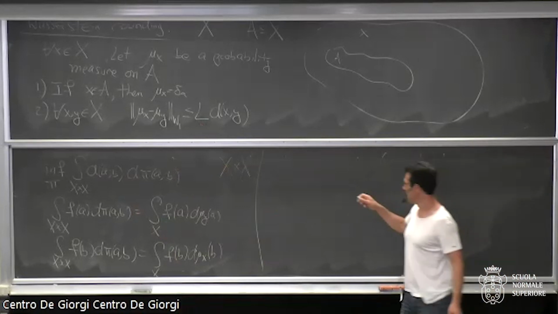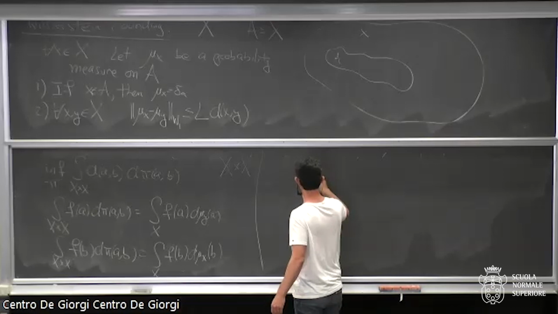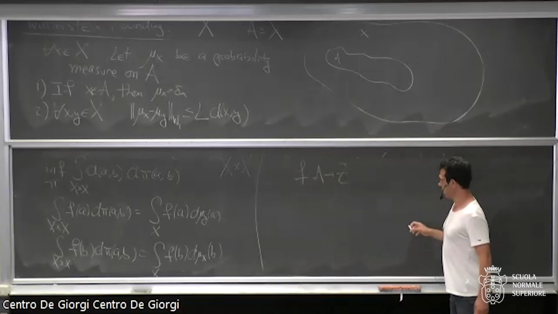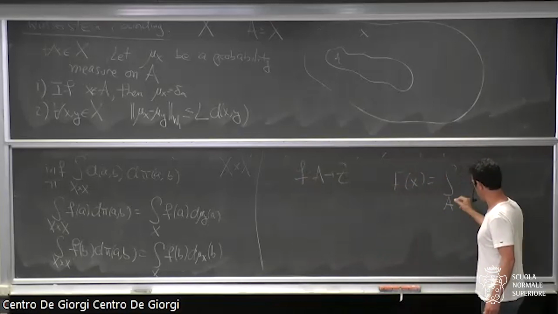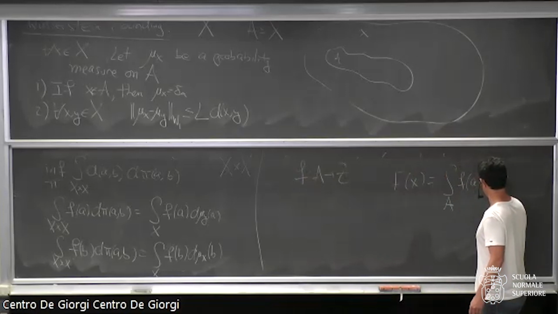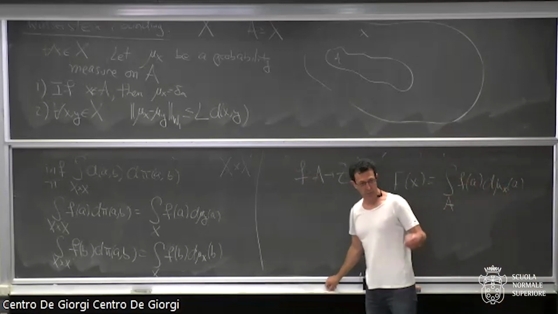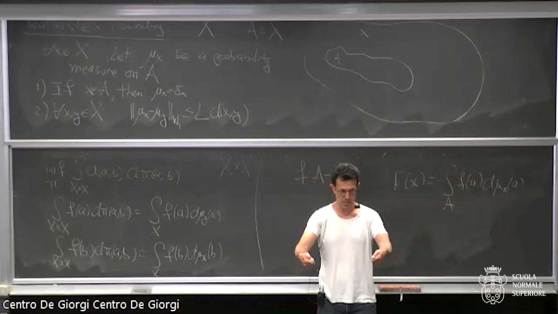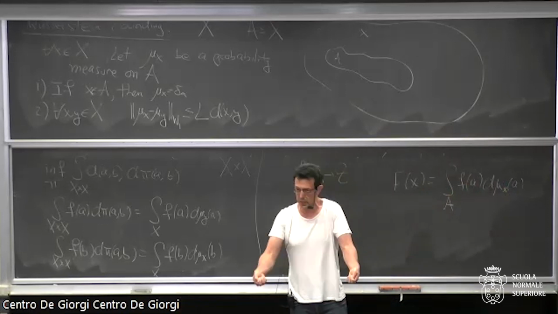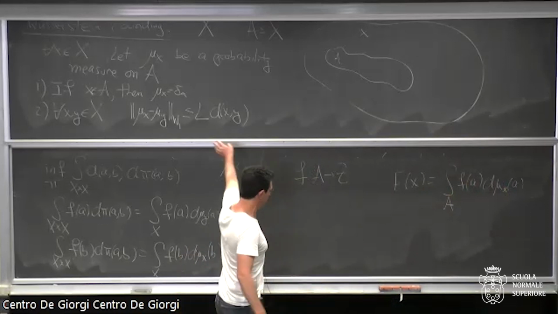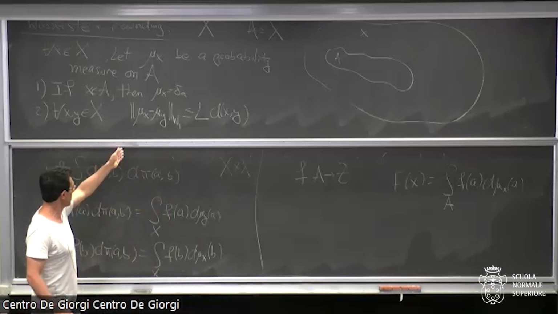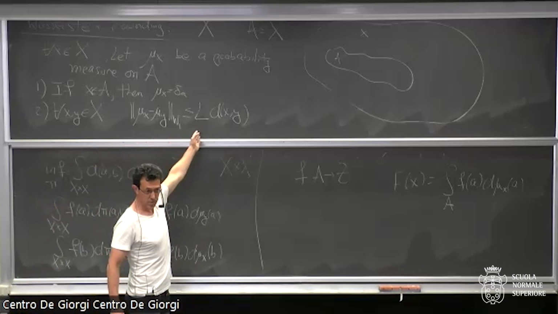extend it, right? If you have a function f which is defined only on the subset A, going into some Banach space, then you want to define capital F of x to be the integral over A, right? So the measure mu x is the element d mu x of a. That's the obvious. Once there is a point outside of A, it decides what it means to be a random point in A, and little f is defined on little a, then you could take the expectation of the value of f on the random point that corresponds to x. And it's a little exercise that this